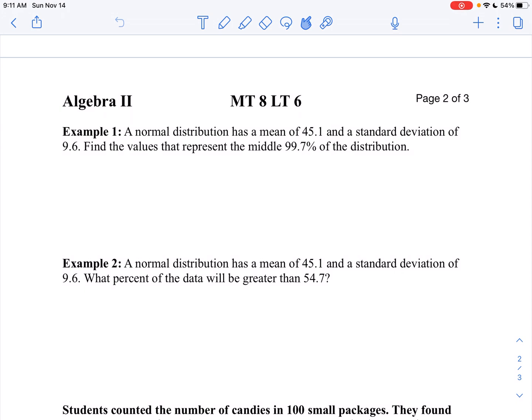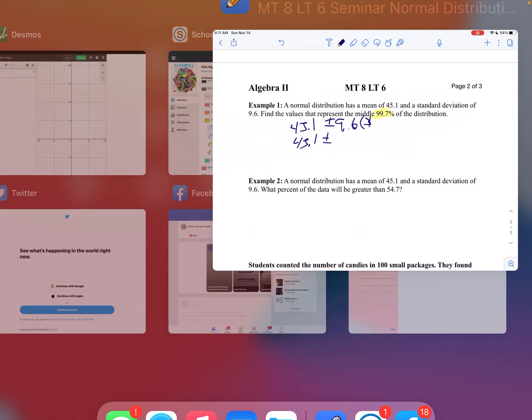Let's start here with question 1. It says a normal distribution has a mean of 45.1 and a standard deviation of 9.6. Find the values that represent the middle 99.7%. 99.7% is 3 standard deviations. So in other words, I'm going to say 45.1 plus or minus 9.6 times 3. So that's 45.1 plus or minus, I take 9.6 times 3,